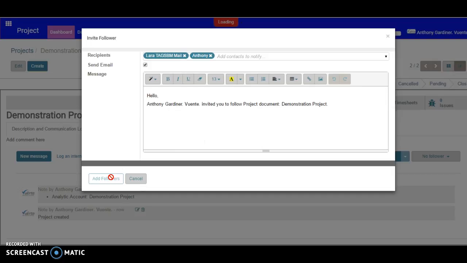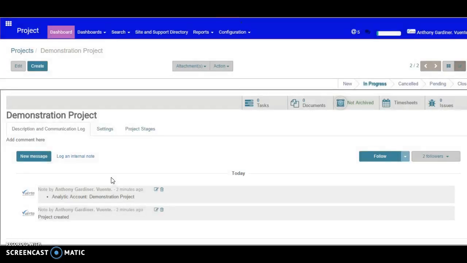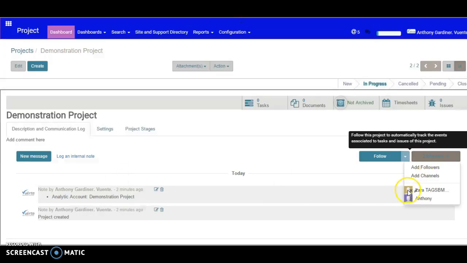Alright, so what this does is it starts to allow, we'll just add those. Okay, you can edit that. That's just pulled up a standard message while it starts to go through. Okay, now you can see here we've got followers. Alright, now any action,